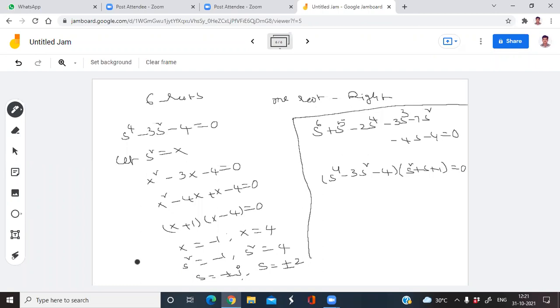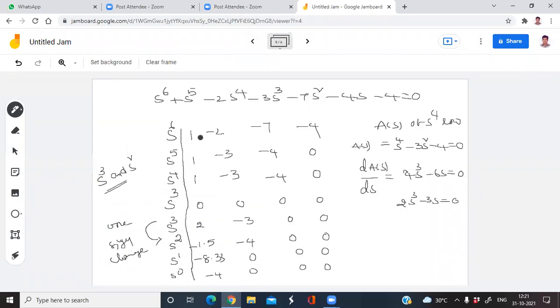You have to factorize the equation like this. So your question is, how can you get this equation directly? To write this equation, just observe the root array. Look at this. The s cube row contains all zeros. Above s cube we have s power 6, s power 5, s power 4. Look at the first elements here: 1, 1, 1. From s power 3, zeros, when you write the auxiliary equation, already 4 roots are computed. So how many roots are remaining? Only 2 roots are remaining.